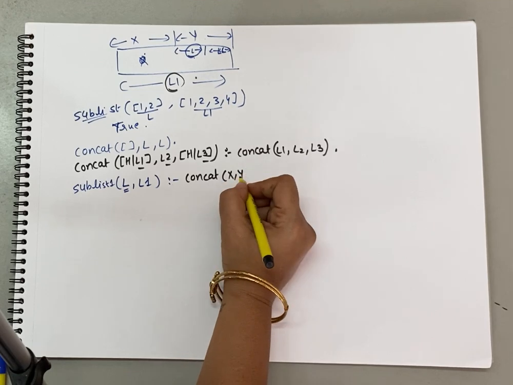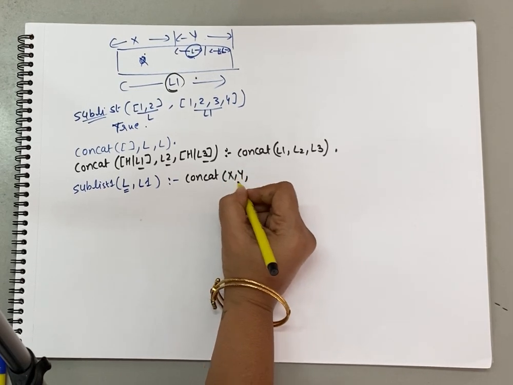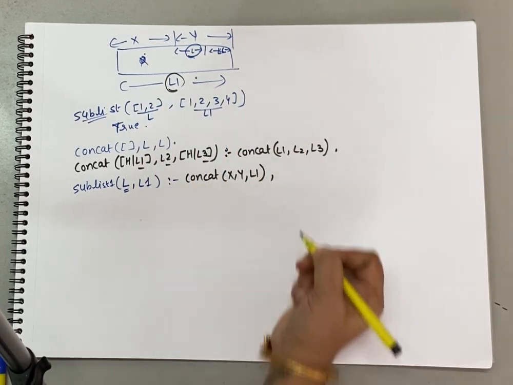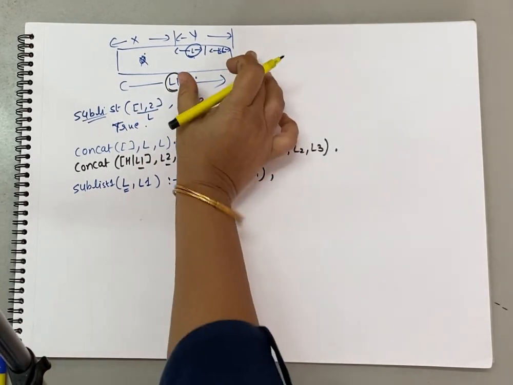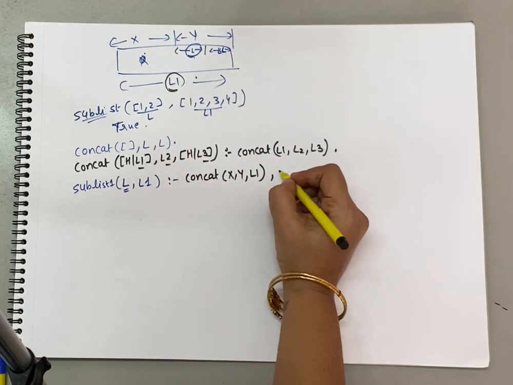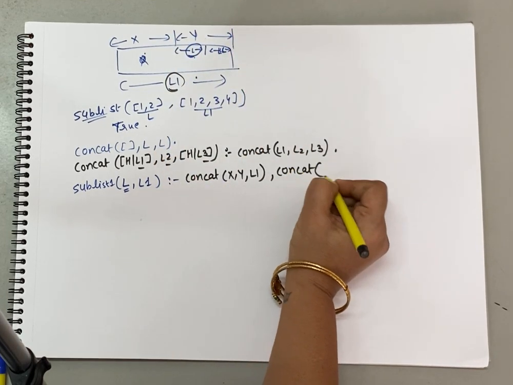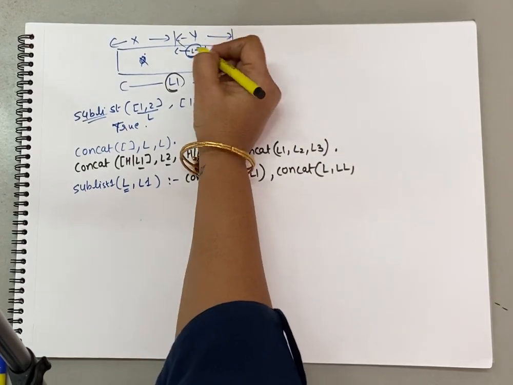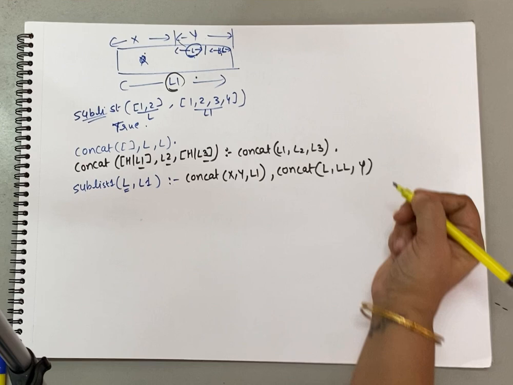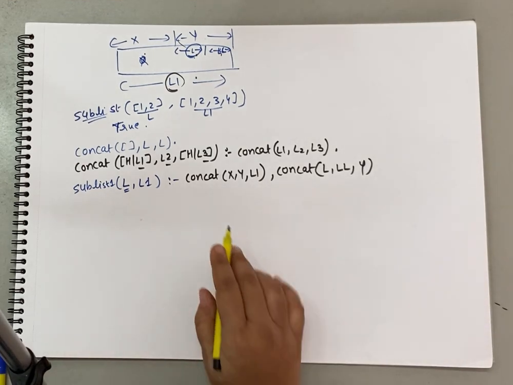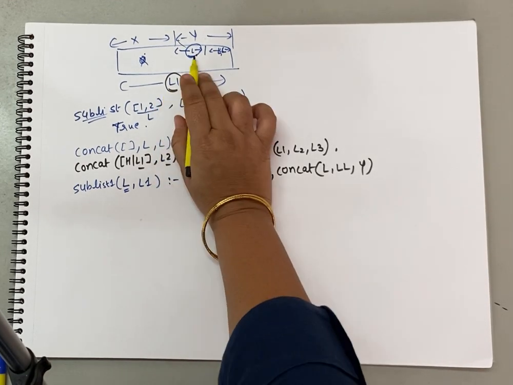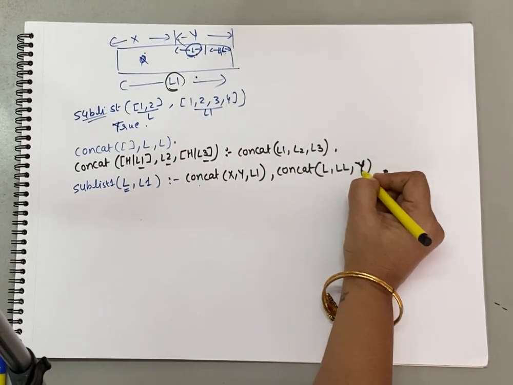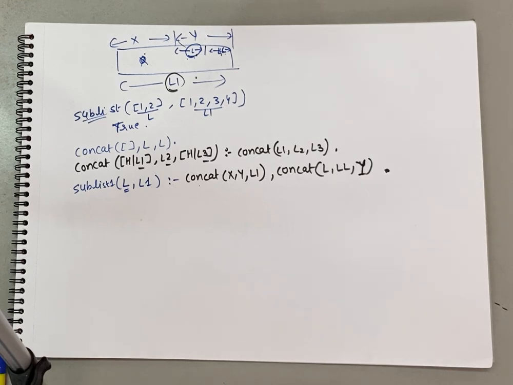If you concat X and Y, you are going to get the entire list L1. Now inside Y, what is the concatenation? If you concat L and LL, L comma LL, then what you get is Y. So that is Y over here. Are you getting this? Concatenating X and Y will get you L1, and concatenating L and LL will get you Y. Full stop. Now please consider all the variables which I have used as capital.